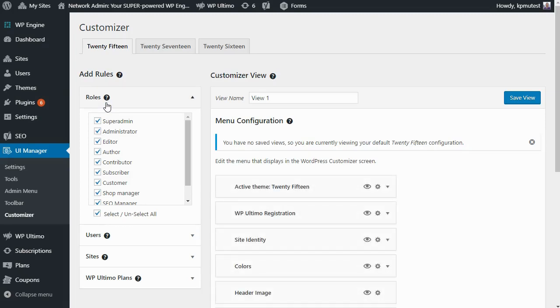So the first thing you'll notice in the customizer module is that the tabs at the top are different. So instead of editing the customizer depending on the view, the customizer is unique per theme. So it's not something that's available, for example, in the network admin dashboard. So we're letting you edit the customizer per theme. So you want to choose the theme because every theme has vastly different menu items in the customizer. This is where most modern themes now are putting a majority of their theme settings, in the customizer. So we'll choose the